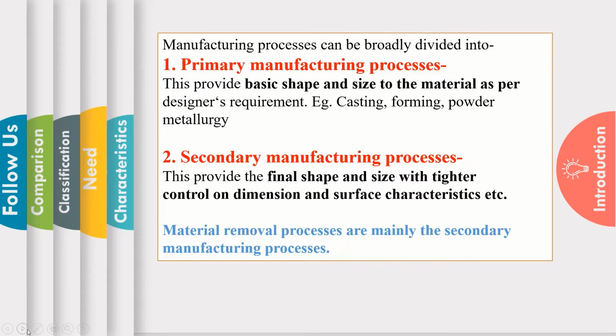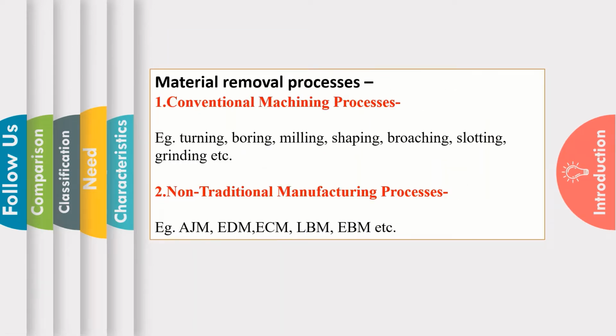As we know, our manufacturing processes can be broadly divided into two parts. First is the primary manufacturing process and second is the secondary manufacturing process. The primary manufacturing process provides basic shape and size to the material as per the designer's requirement. For example, casting, forming and powder metallurgy are primary manufacturing processes. The secondary manufacturing process gives the final shape and size with tighter control on dimension as well as surface characteristics. As we know, material removal processes belong to the secondary manufacturing processes, and they have two